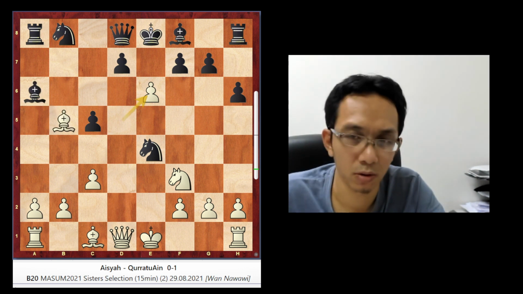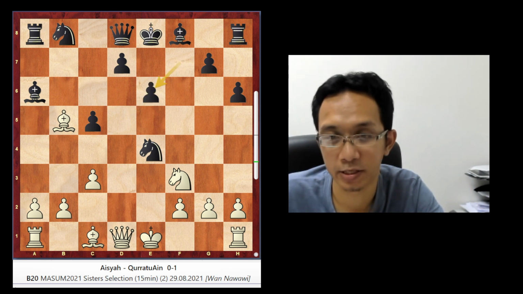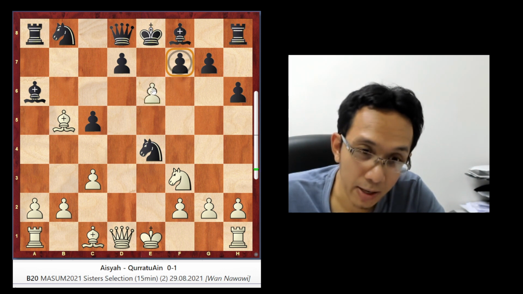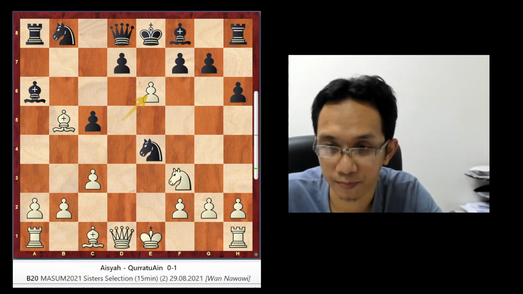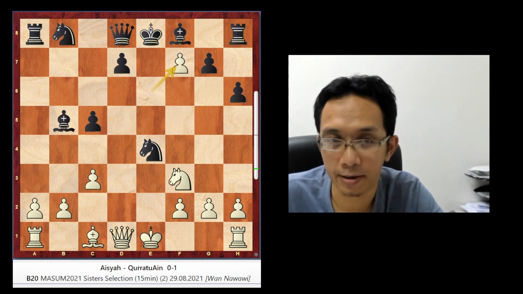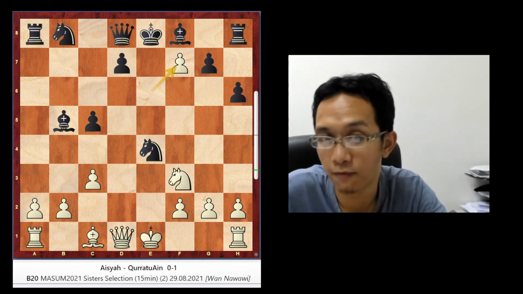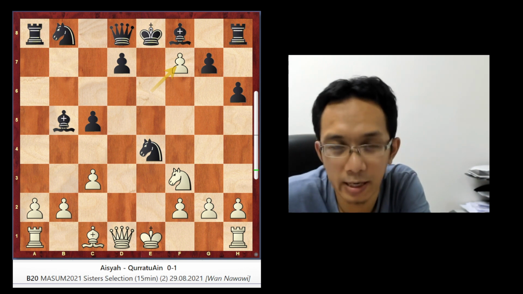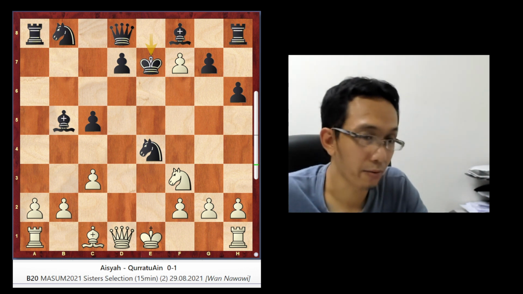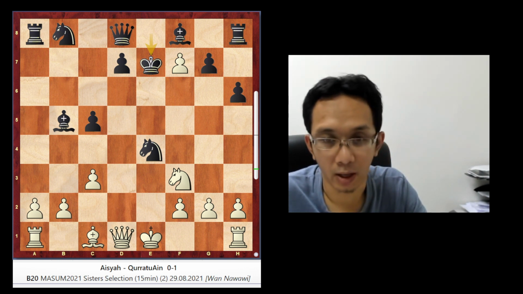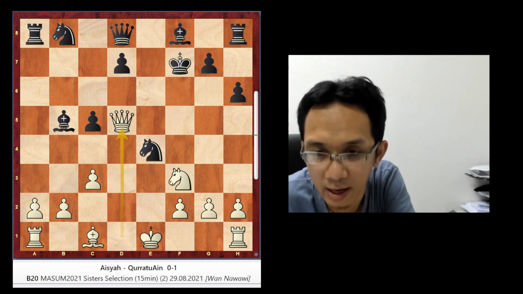But Kur also plays quite strangely. You take that. Maybe Kur is afraid of this check, what we call the intermediate check. But this is about calculation. You need to calculate a little bit. You get a piece, but you must be careful about this. But this check doesn't do much, because you can just get out like that. And be careful not to take like this, because you have this queen d5.